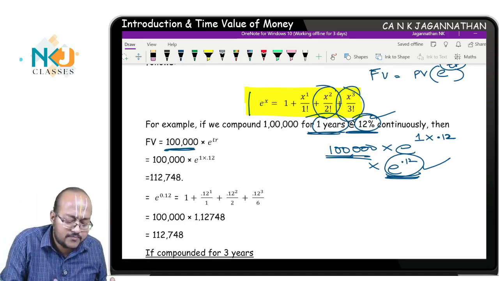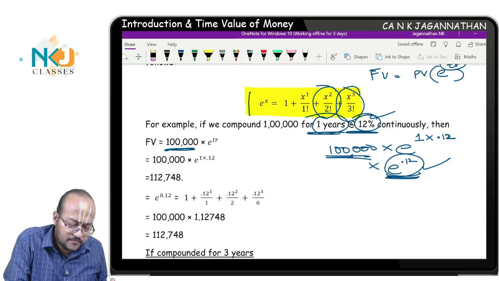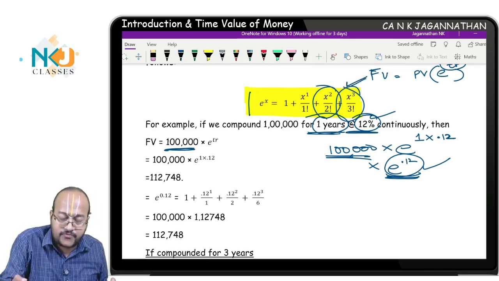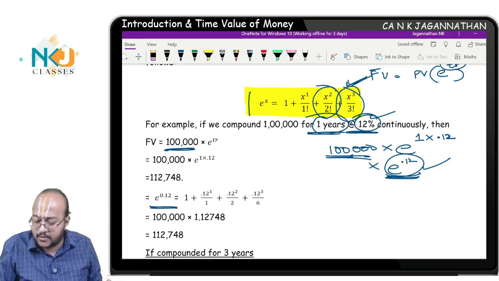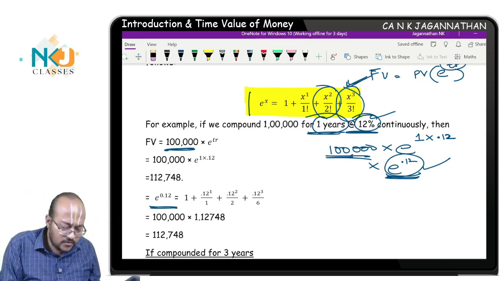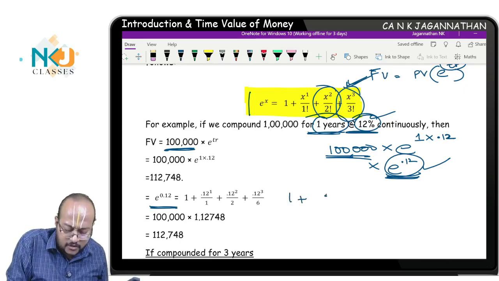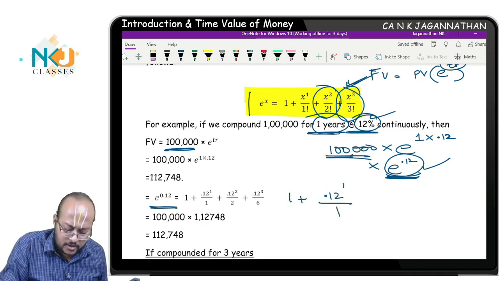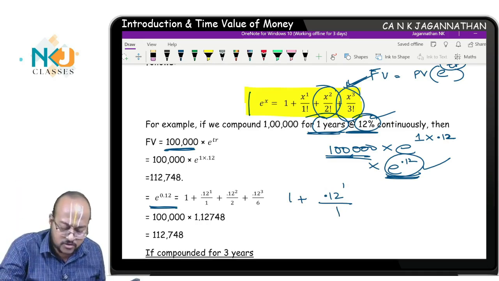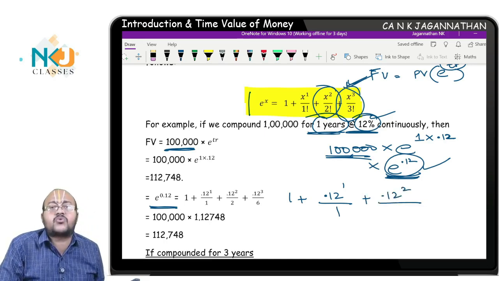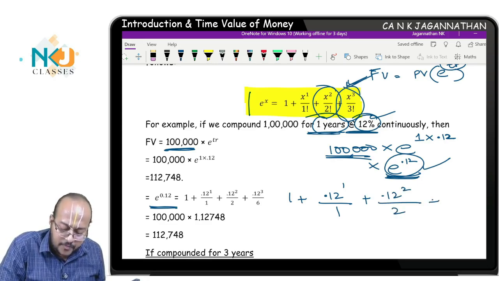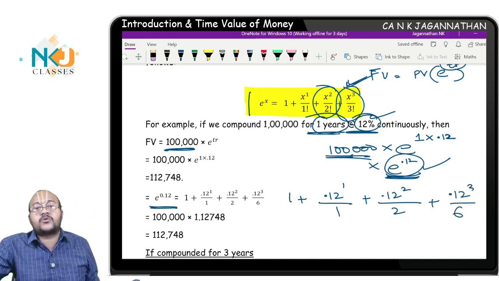But we'll understand how to calculate. If you are going till the third term, you need to calculate from 3, 2 and 1. We will do this here for e to the power 0.12, using the calculator. First write 1 plus 0.12, raised to the power 1 by 1 factorial, which is 1, and anything raised to power 1 is the same number. Plus 0.12 raised to the power 2 divided by 2 factorial, which is 2 into 1, so 2. Plus 0.12 raised to the power 3 by 3 factorial, which is 3 into 2 into 1, which means 6.